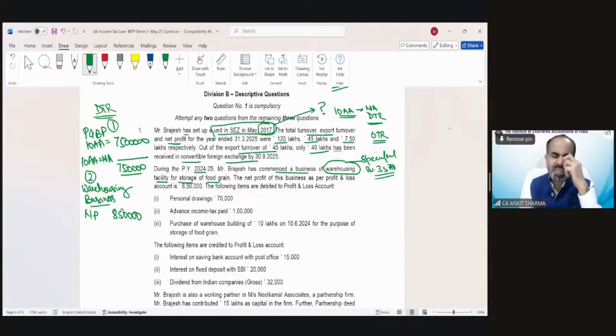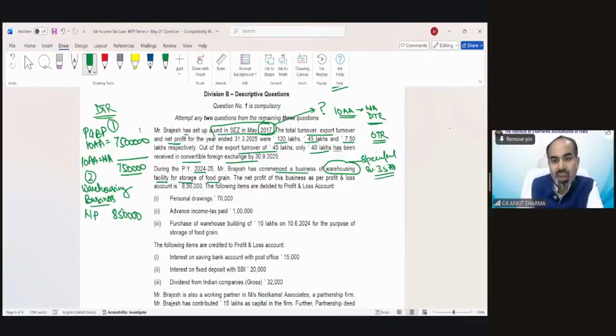This is a kind of question which could easily be asked in your examination. This kind of question is going to be asked. After this MTP1, MTP2, we will solve the May 2025 and September 2025 examination questions, and you will see those questions are easier than this question number 1. You just need to follow the steps, apply the provisions, and this question number 1, which is always compulsory in the examination, would be solved easily. Just do not panic. Focus on which point you are solving, focus on that point, and every piece of information could be relevant.